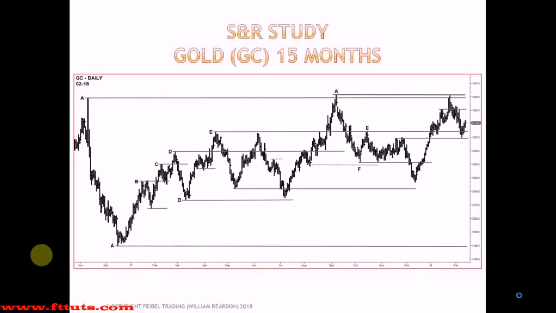Support and resistance study. Gold. It's a daily time frame that spans 15 months. This is going to give you a good insight of how we apply these levels, and there's more to this chart than meets the eye. So let's begin. So from A,